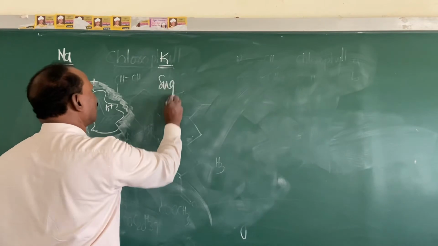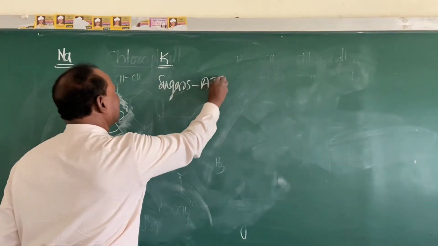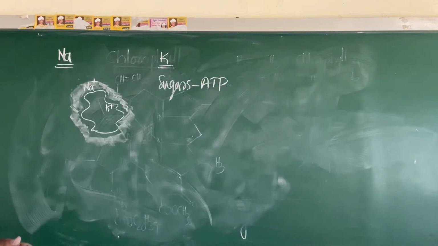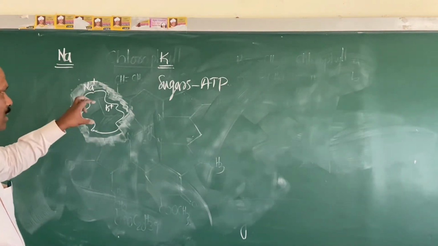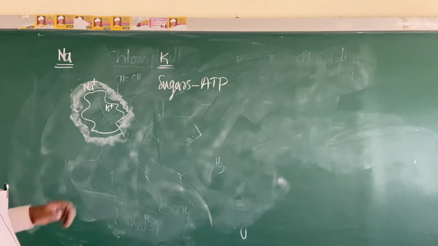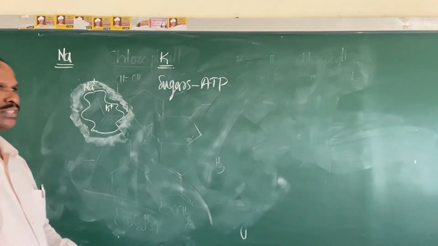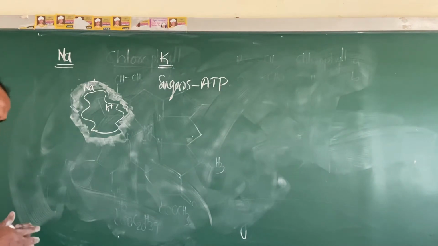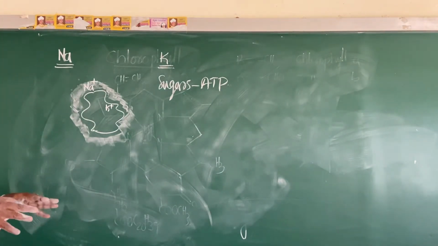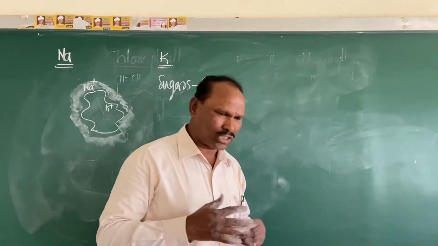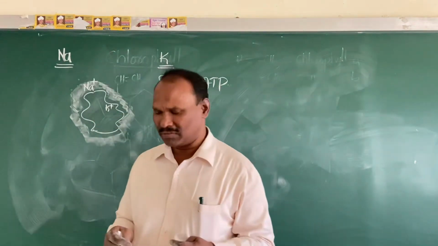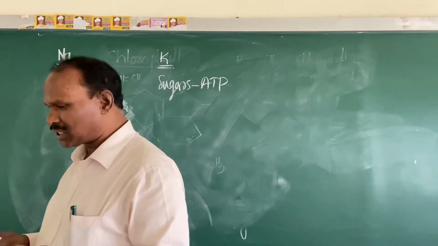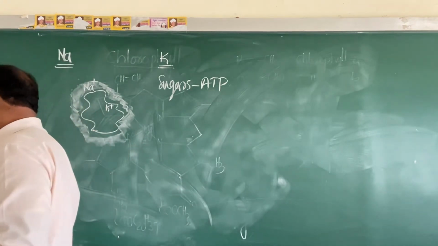So sugars they convert into ATP, adenosine triphosphate, adenosine triphosphate. So the important functioning it is. So when the sugars come inside the cell, then they are converted into the ATP, adenosine triphosphate. So this is the main functioning and also the other functioning is it also transmits the nerve signals as the Na plus ion is doing the same activity. So remember, potassium ions are also transmitting the nerve signals.